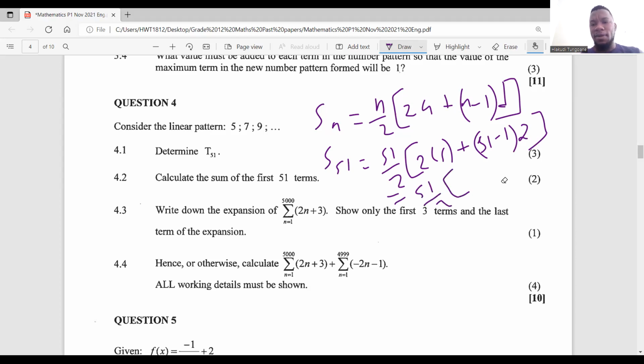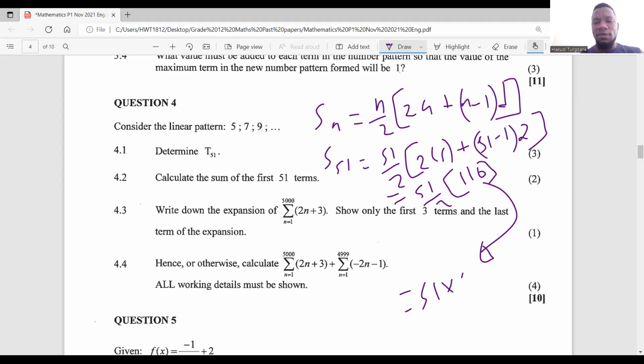And then inside the bracket, you're going to have 2 times 5, that's 10. And then here's 51 minus 1, that's 50. 50 times 2, that's 100. 100 plus 10, that's 110. So 110. So then that means your answer should be